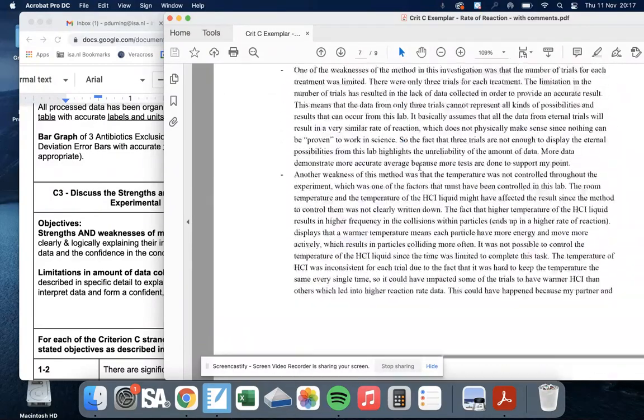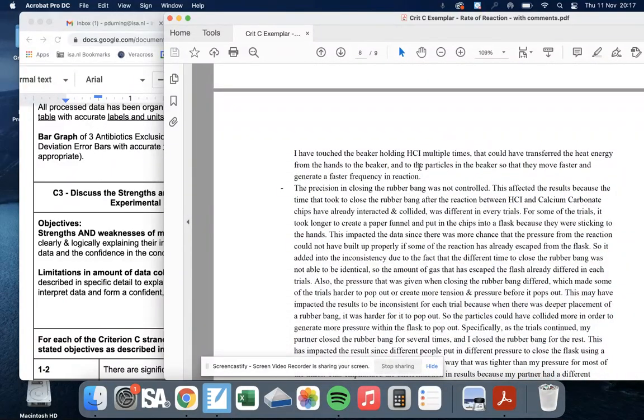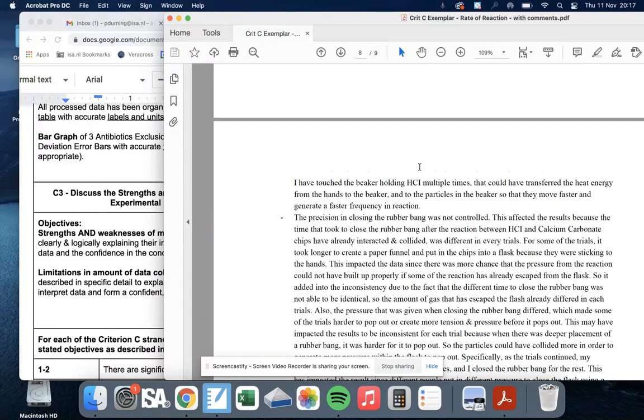So you can see that they've given three strengths and three weaknesses. You may not have 3 and 3. That may not be how it works out for you. You might have 1 and 3 or 2 and 2, something like that. But